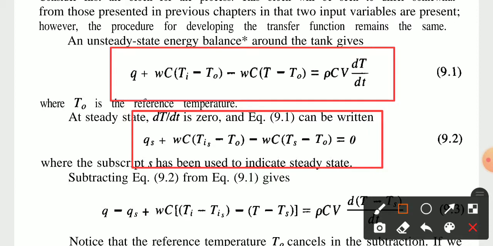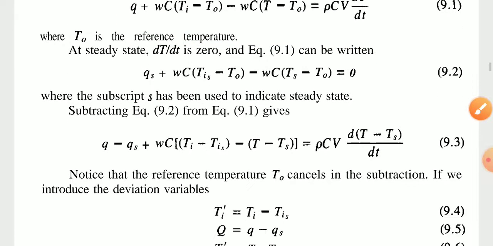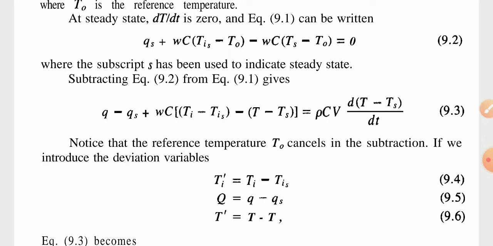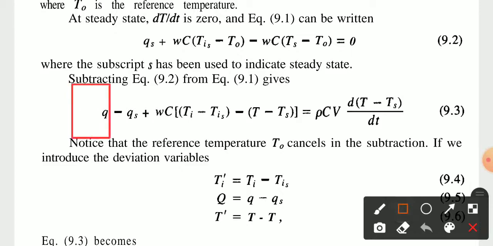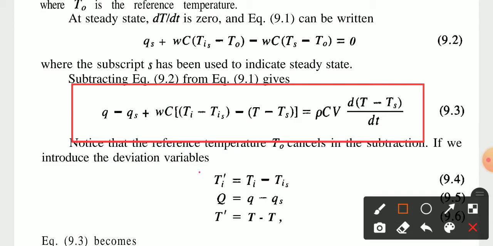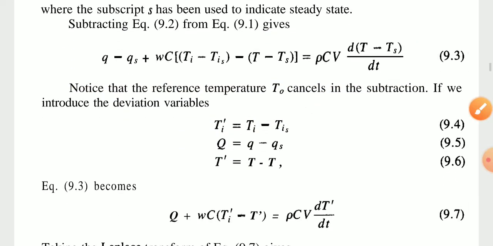Qs plus Wc (Tis minus T0) minus Wc (Ts minus T0) is equal to 0, where the subscript s has been used to indicate steady state. Subtracting this equation from equation 9.1 gives Q minus Qs plus Wc (Ti minus Tis) minus Wc (T minus Ts) equal to rho Cv d(T minus Ts) by dt. Notice that the reference temperature T0